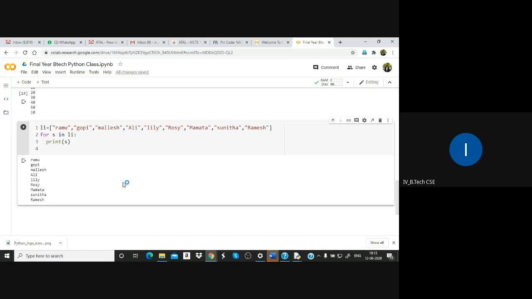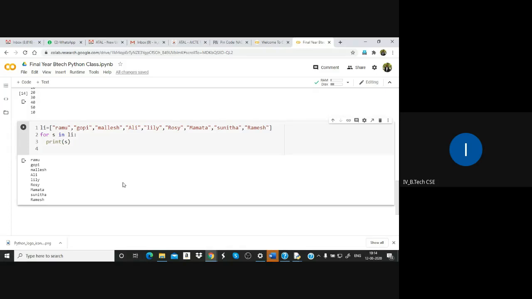After that colon, after that print brackets, and that variable name you have given, it will print. This much easy is the Python language. 3 lines you can take a list of strings and display them one by one. That much easy coding is in Python.